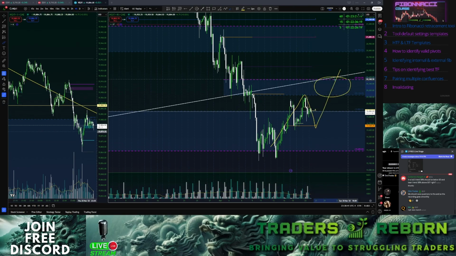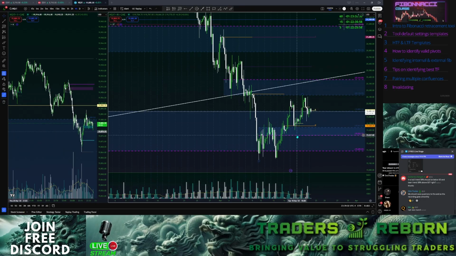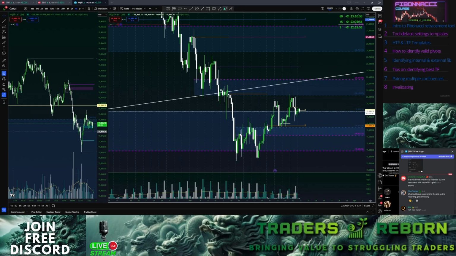Where is it? How's it gonna get here? Where's the retracement for it to get there? Right? So now what you do again, you can use another fib within the fib on a lower time frame. This fib here is now a 4 hour fib, right? Based off of this movement, you now draw a fib from here down to here, right? So now this gives you a retracement point where price will come down to, the optimal entry for the next move up,